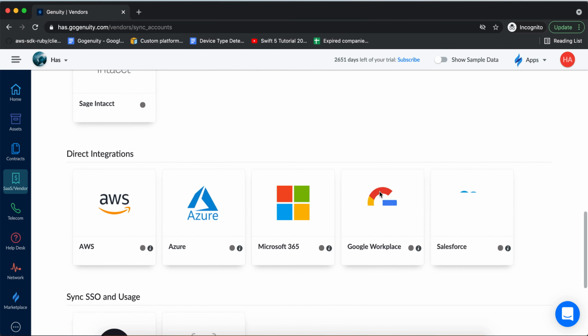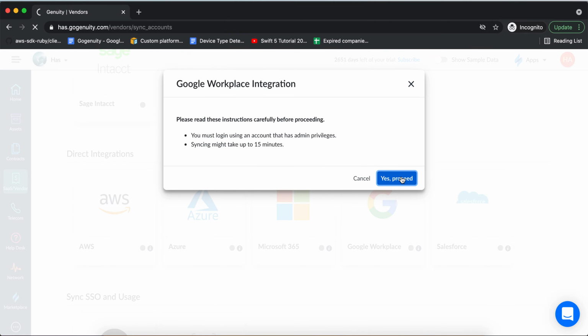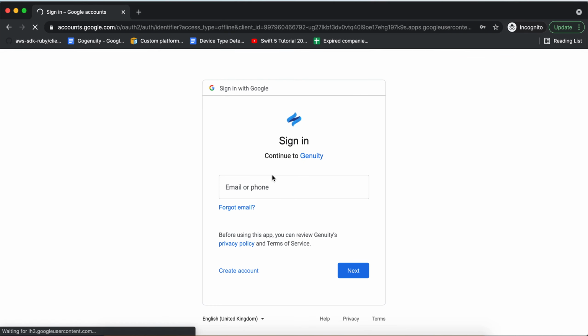So if any user integrates his Google account from here, in this consent screen, we are also showing the client ID and the redirect path.